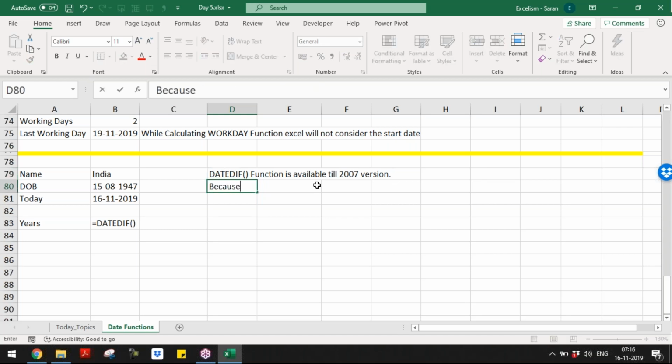Because of the technical reasons, they have removed DATEDIF from the list of the functions.